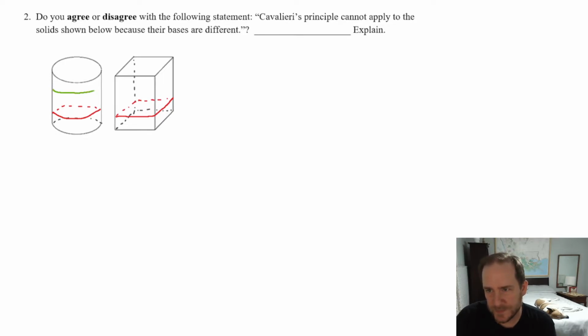I could take another slice up here near the top. I'd get a circular cross-section. I could take another slice over here near the top of the prism. I'd get another square cross-section. And again, all that matters is that the green circle and the green square have the same area. So for this question, we should definitely be saying that we disagree with this statement, because they're essentially saying Cavalieri's Principle can't apply because the bases are different. But that's not true. You would want to say something about as long as the cross sections